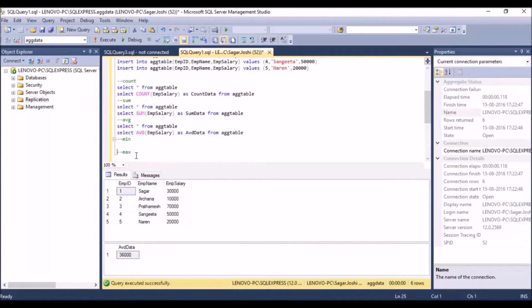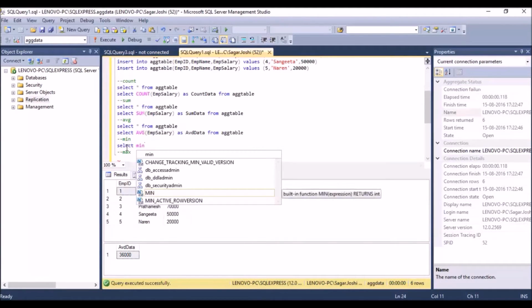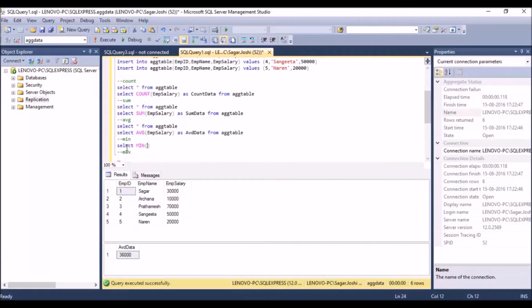So what is the min function? If you want the minimum value from these specified 5 values, we'll use the minimum function. Select min, m salary as min data from table.